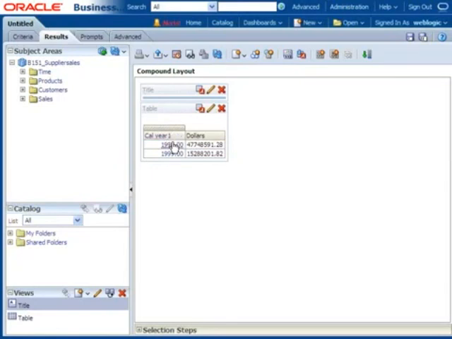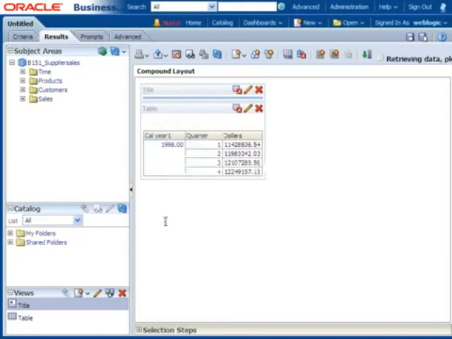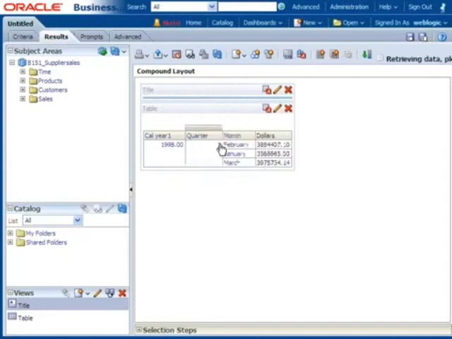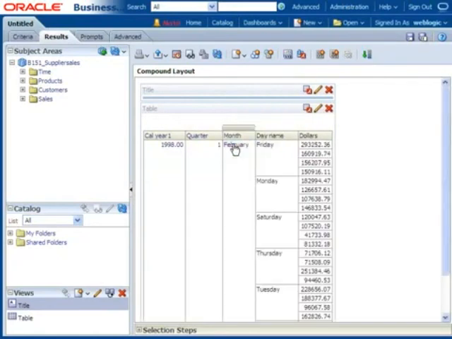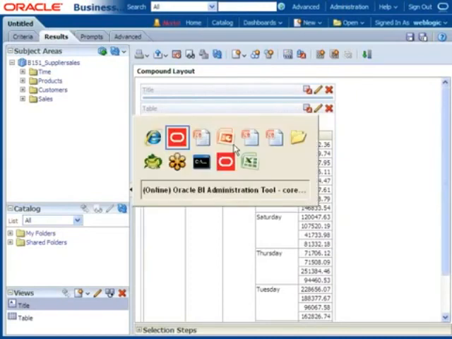Why? Because previously there was no hierarchy. Now we have the hierarchy. If I click on this hierarchy 1998, immediately you are seeing what, sir? Quarters. If I click on this quarter column, then immediately you are seeing what, sir? Month. If I click on this month column, immediately you are seeing what, sir? Day name columns. Are you clear on this point or not? Without creating this hierarchy, is this kind of navigation possible, sir? No, this kind of navigation is not possible.